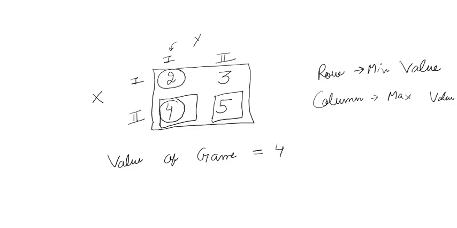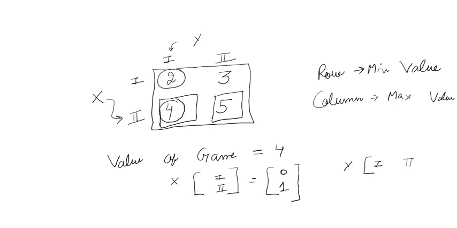And in case of probabilities, X will follow which strategy? X will follow the second strategy, and Y will follow the first strategy. So you will write X, first and second strategy, and the probability of selection of the first strategy is 0, whereas the probability of selection of the second strategy is 1. Similarly for Y, you will write Y 1 2, the probability of selecting the first is 1 and the second is 0. So this is the first case in which we get a common value, and this common value is known as the saddle point,